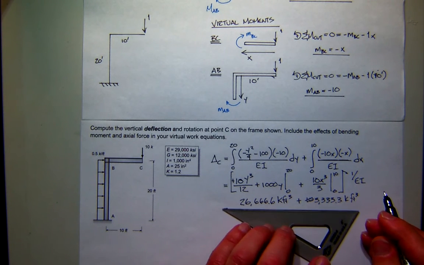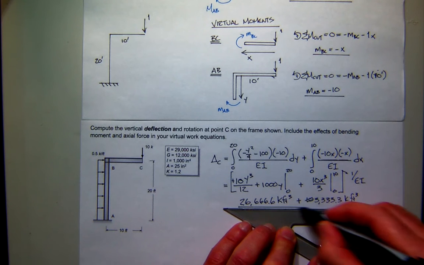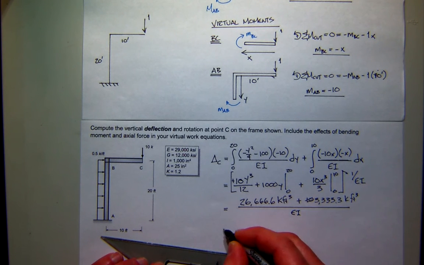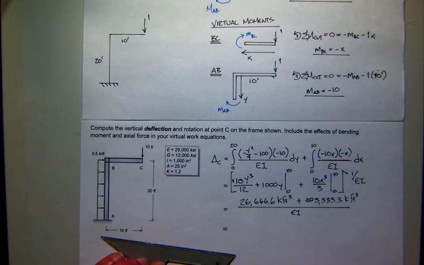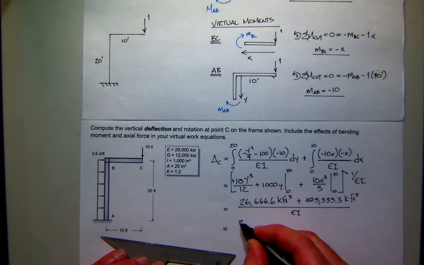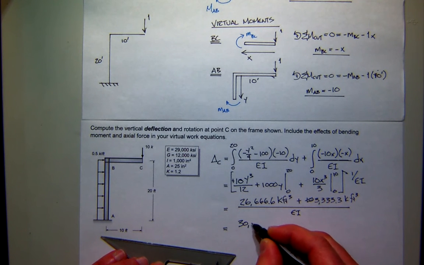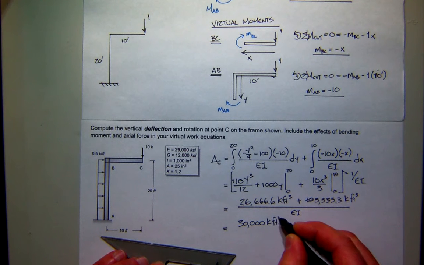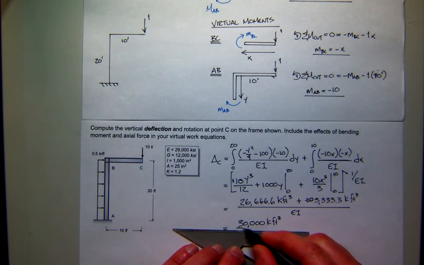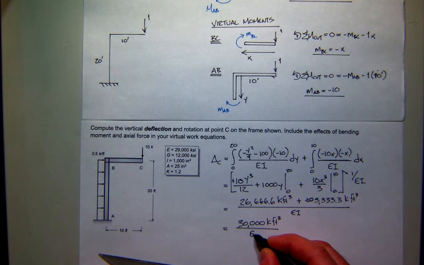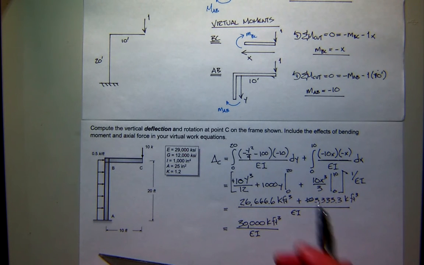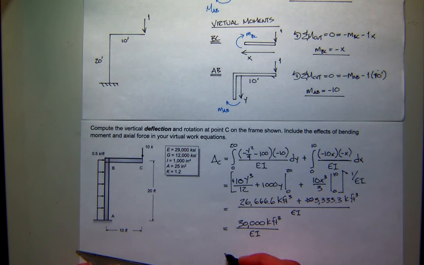And that whole thing is divided by E and I. So what is that total? 30,000. Exactly? Nice. That's close enough. It came out positive, so that means our assumption of moving down was correct. And now if you actually want the value, I'll take the 30,000